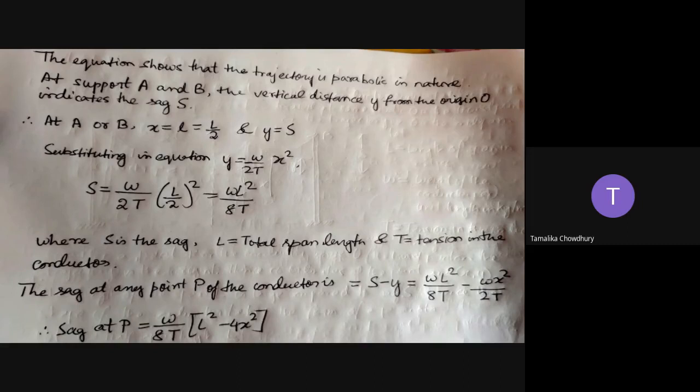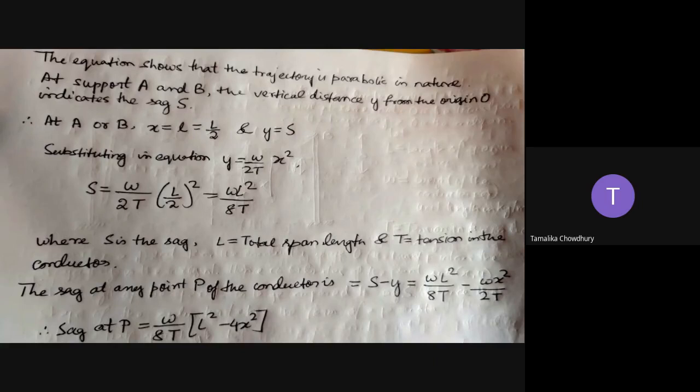I think till this portion everyone is clear, yes or no? Just raise the question. Clear, ma'am. Okay, okay. I am specifically asking the diploma students, are you getting it? Yes, ma'am. Yes, ma'am. Okay, very good. So, before I move on to the unequal level supports, I just wanted this to get cleared. Okay, so I think this is clear by now.